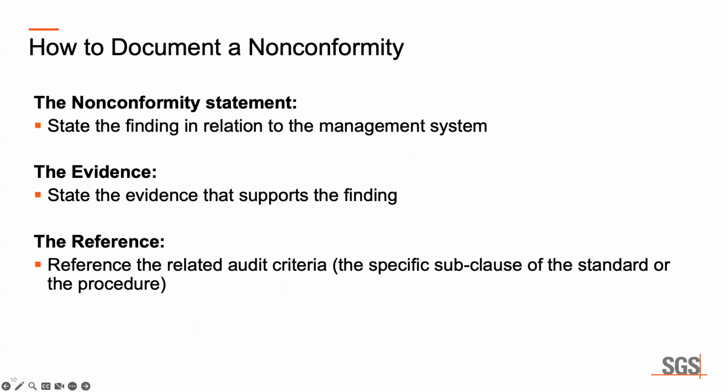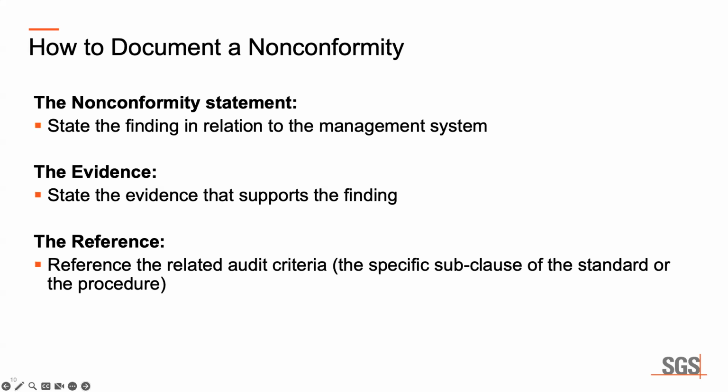When we're looking at documenting a nonconformity, it is important for us to have that nonconformity statement. That statement would require us to state exactly the finding in relation to the management system. And it's not just in relation to the standard, let's say ISO 9001, but it could be in relation to a regulatory requirement. It could be in relation to a customer need, want, and expectation that's in a quality agreement that you are not fulfilling. But it can also be in relation to your internal policies and processes. So again, there's 4 of them. It can come from regulatory, it can come from the standard, it can come from a customer need, want, or expectation. And finally, it can come from your internal processes.